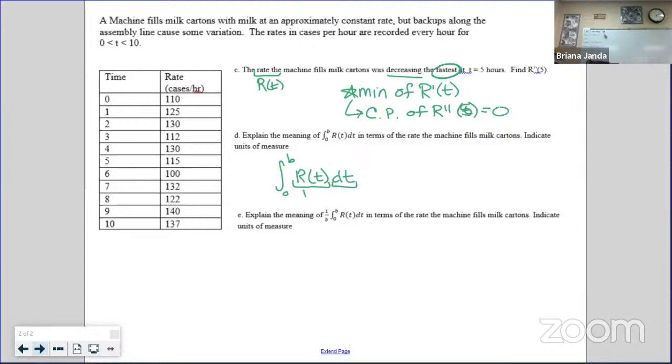R of t was labeled as cases per hour, and if we multiply that times time, which is done in hours, we've seen this over and over, right? Which means our integral will spit out the number of cases accumulated from 0 to b. So from the beginning until whatever b is that they ask us to accumulate those cases would be done in something cases. So it is the total, right? We're totaling up the number of cases